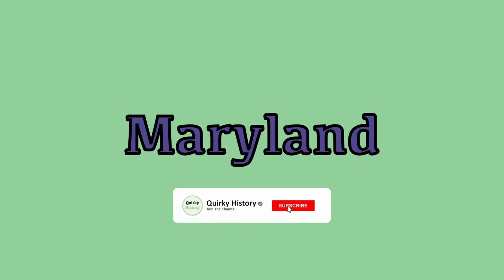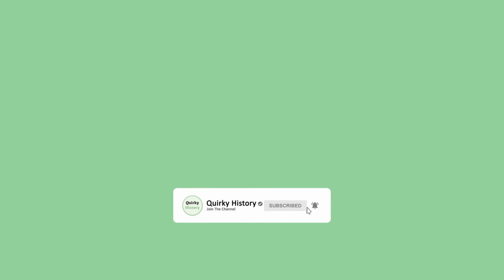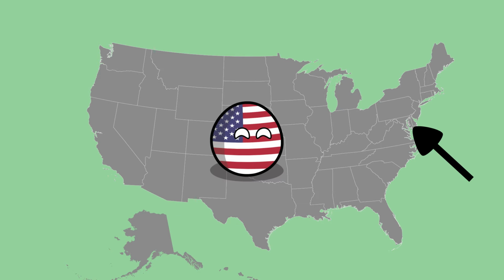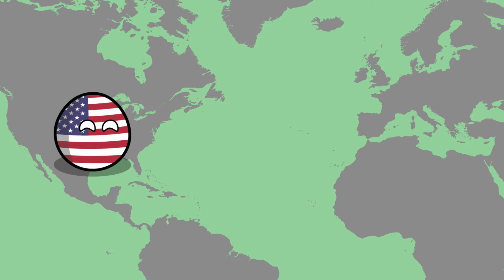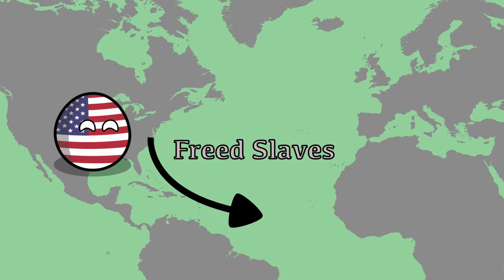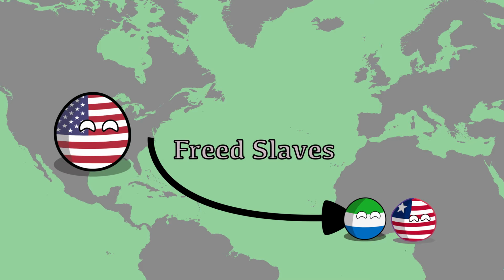When you hear Maryland, you probably think of this Maryland, the seventh state admitted to the Union on the east coast of the USA, and not the Republic of Maryland, a short-lived country in West Africa. At the end of the 18th century and the beginning of the 19th century, there was a movement in the United States and Britain that sought to send freed slaves from North America back to newly established colonies in West Africa. This movement of freed slaves from Western powers back to Africa is a well-known part of the history of two existing West African countries, Sierra Leone and Liberia.